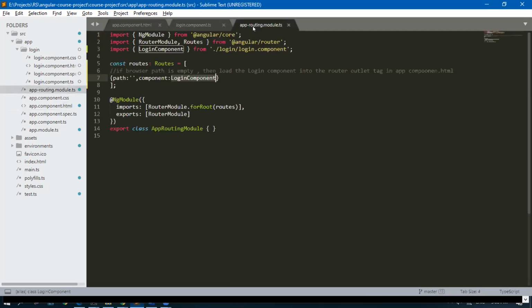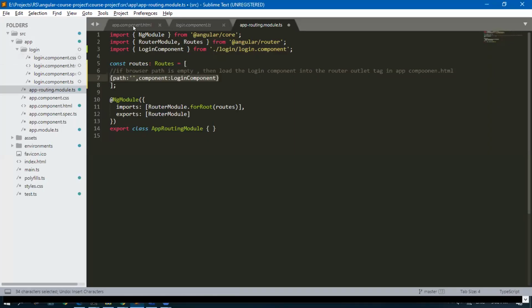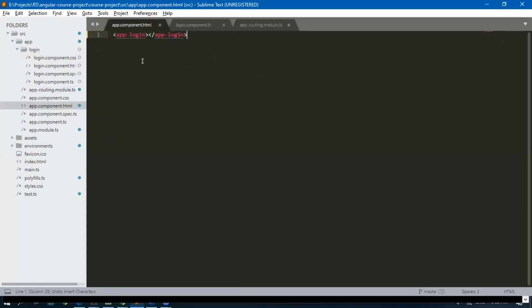This will work. But if you give it like this, there is no need for this URL. Even without this, it will work. But I don't want to give every component directly. In future I will create lots of components. I should not load everything like this. Angular should load it based on the URL. The advantage is